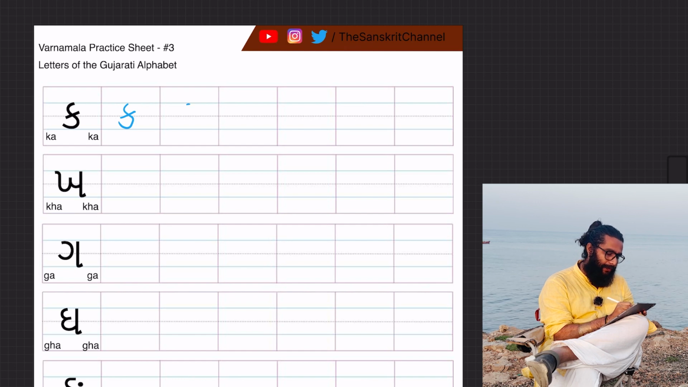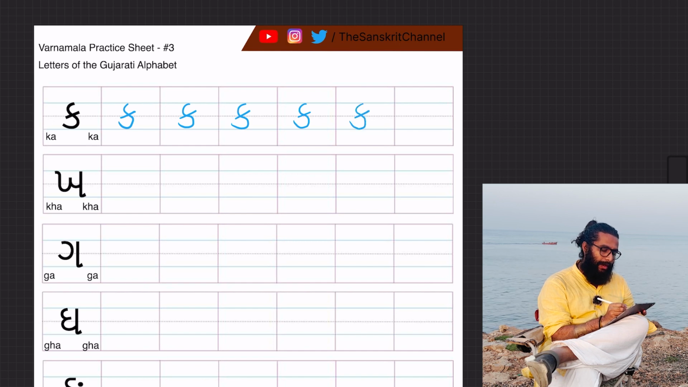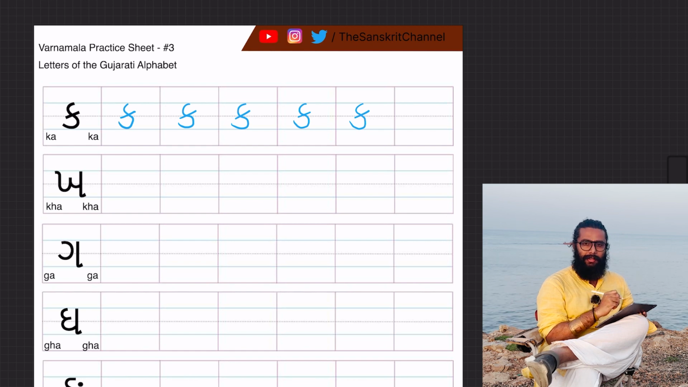Ka, ka, ka, ka, ka. The next consonant in this row of consonants is a Mahaprana variant of ka, which is uttered with a